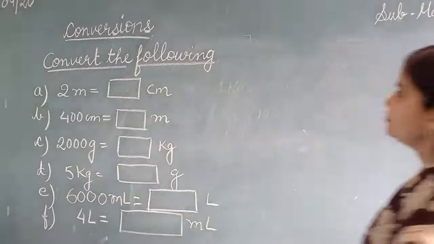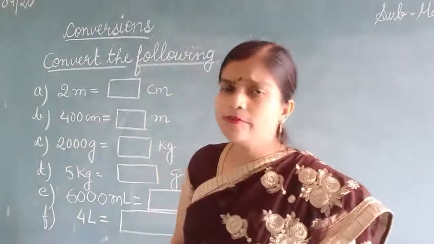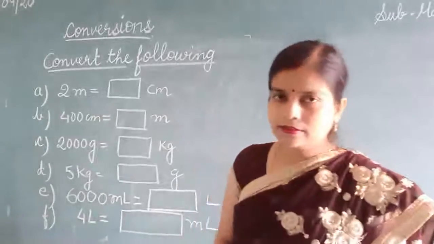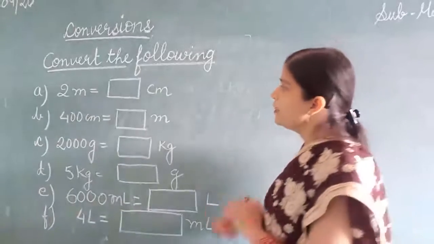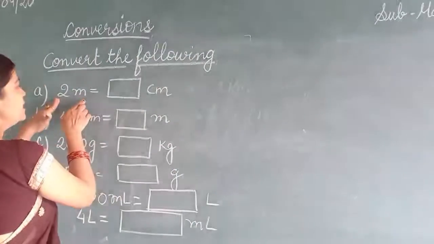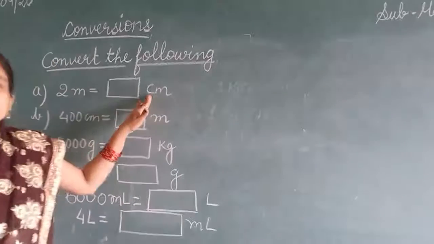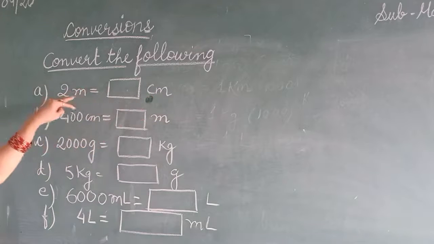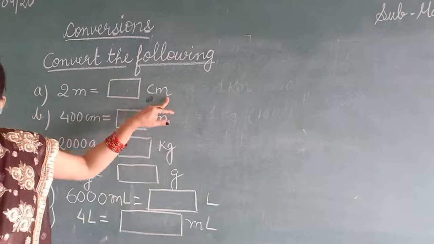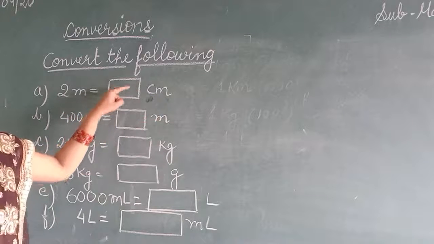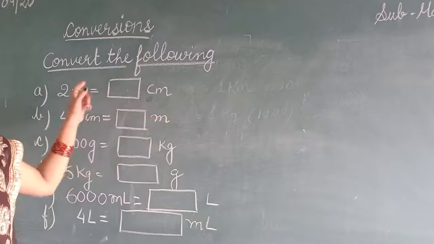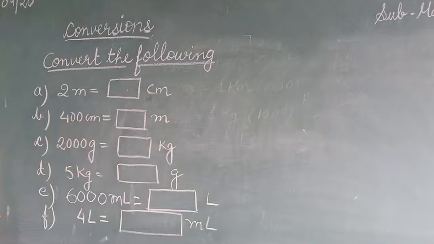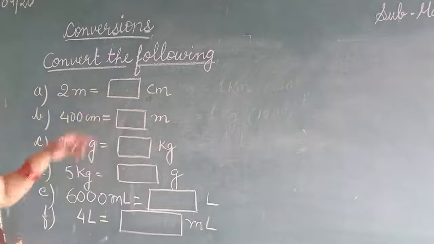So here is a question of a simple type of conversion, because the numbers are given in zeros only. What we have learned is that when we have to convert a bigger unit into a smaller unit, we have to multiply. Here it is the bigger unit, here is the smaller unit, so the number should be more here. More means multiplication. If the unit is smaller, then the number should be more. If the unit is bigger, then the number should be less, because it is equal only. So here we have to multiply.